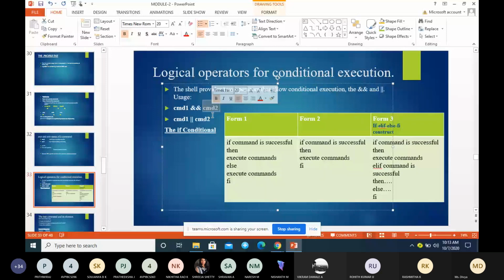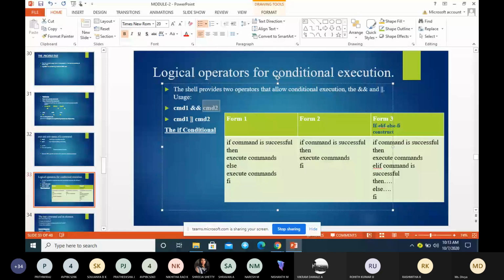You have already studied this in C programming. Only if command 1 is true will command 2 be executed. This is very important, conditional execution, because you need it when writing programs. The next one is or, represented using 2 pipes, which plays the reverse role.